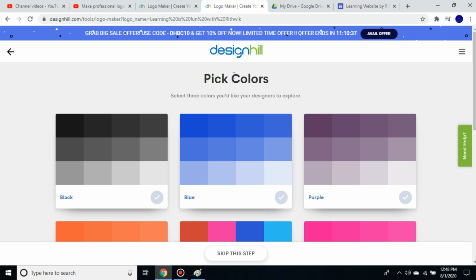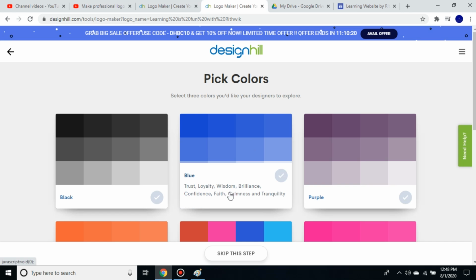After that, you have to pick 3 colors. Only 3 colors you have to pick. When you hover over any color, it shows something: trust, loyalty, wisdom, brilliance, confidence, faith, things like that.